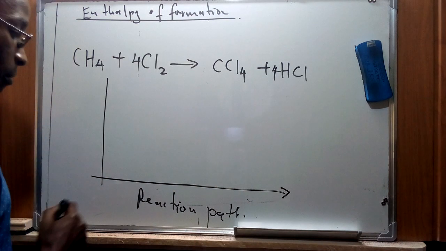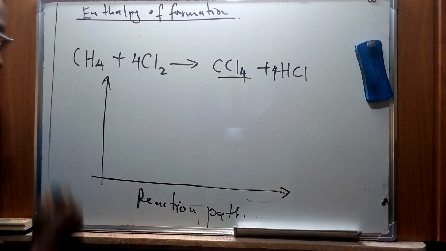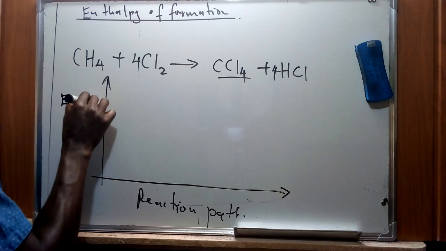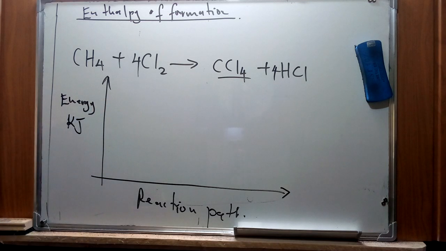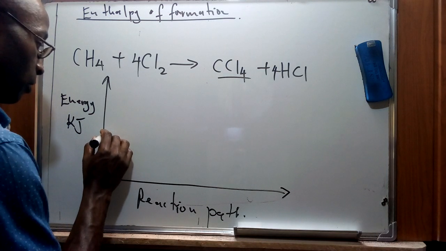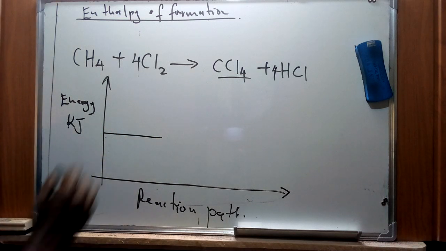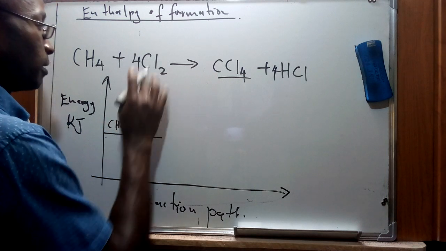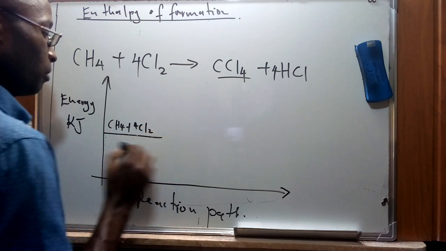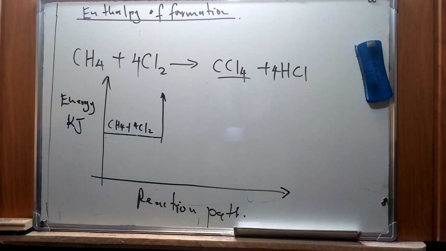For us to represent the enthalpy of formation of this particular product. So this is energy in kilojoules. Therefore, you will see that the reactants are going to have a lower energy when they are reacting. So we are going to have CH4 plus 4Cl2. They're going to take in energy for that breakage of bonds, and we shall of course form